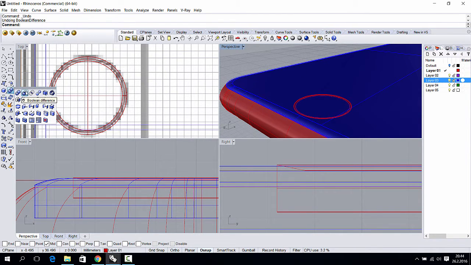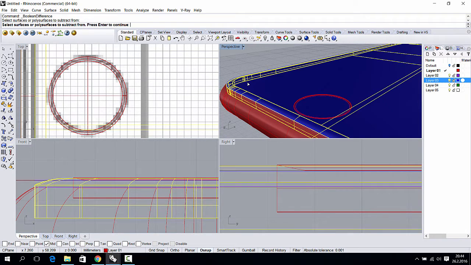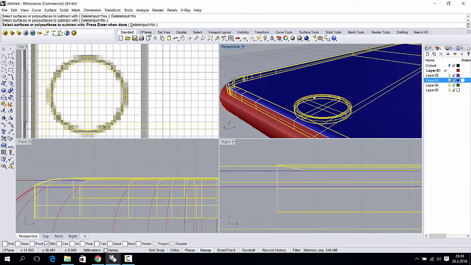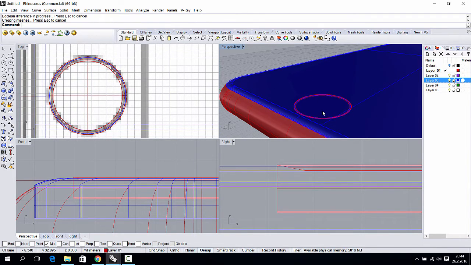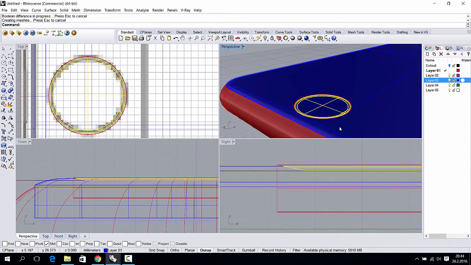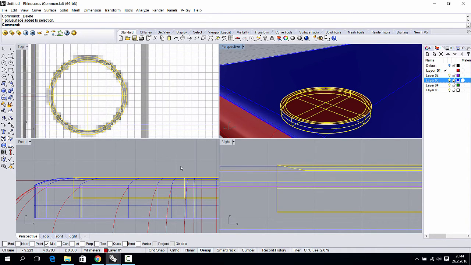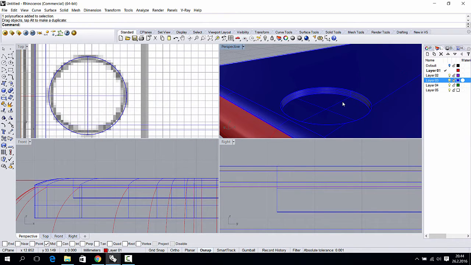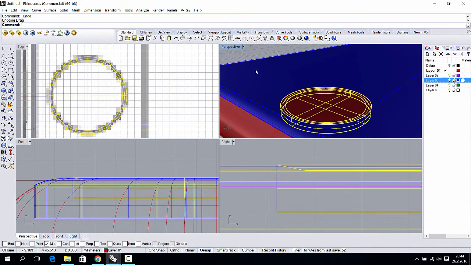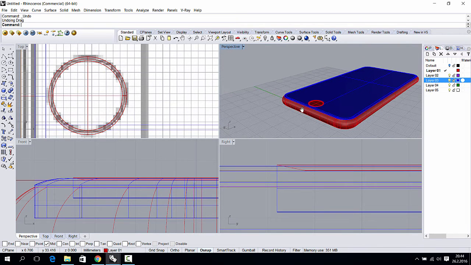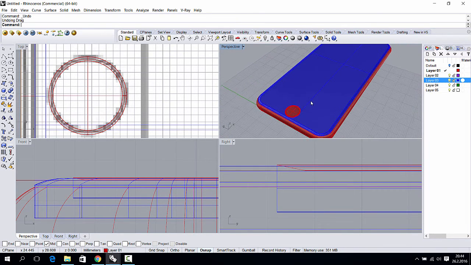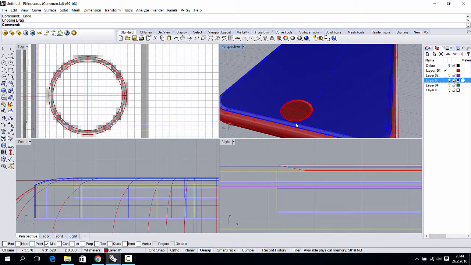So let's take the Boolean difference and delete the input no, and then we select the button and press enter. And this we don't need, and now we should have the, yeah, the button has now its own space, so it's more realistic. So there's the home button now,